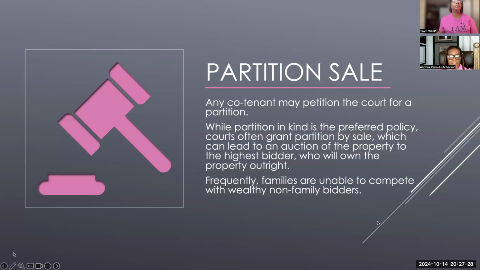Partition in kind is when the family can get together and decide, okay, I'm going to take the part in the back by the creek. You're going to take the open fields, and I'm going to take the part with the trees because I don't live here and I'm not here all the time, okay? And then you're going to get surveys, and then you're going to get new deeds identifying that you own what part of the land. That's an example of what a partition in kind is, okay?